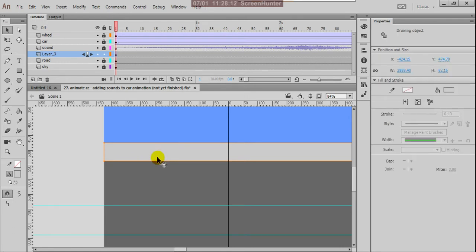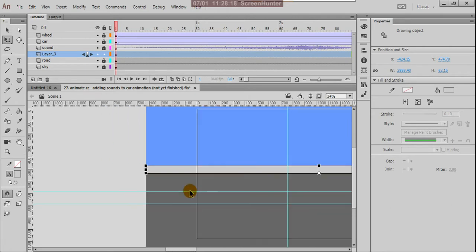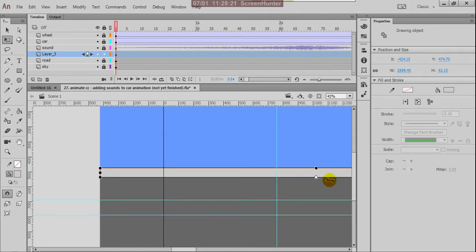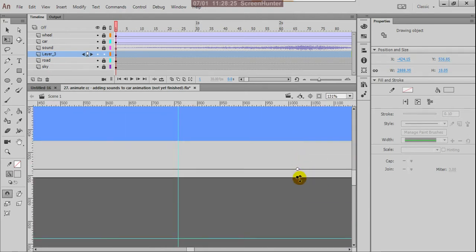Control C, Control Shift V, and press Q. And this can be the thickness of the footpath.